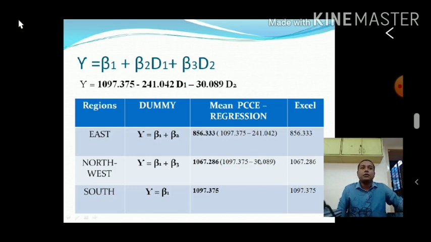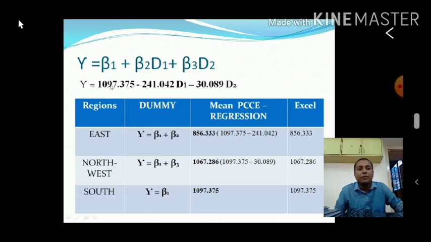Now when you get a regression function like this, y is equal to 1097.375 minus 241.042 d1 minus 30.089 d2, where d1 is the east dummy variable and d2 is the northwest dummy variable, how do we interpret it? 1097.375 is the benchmark or base.